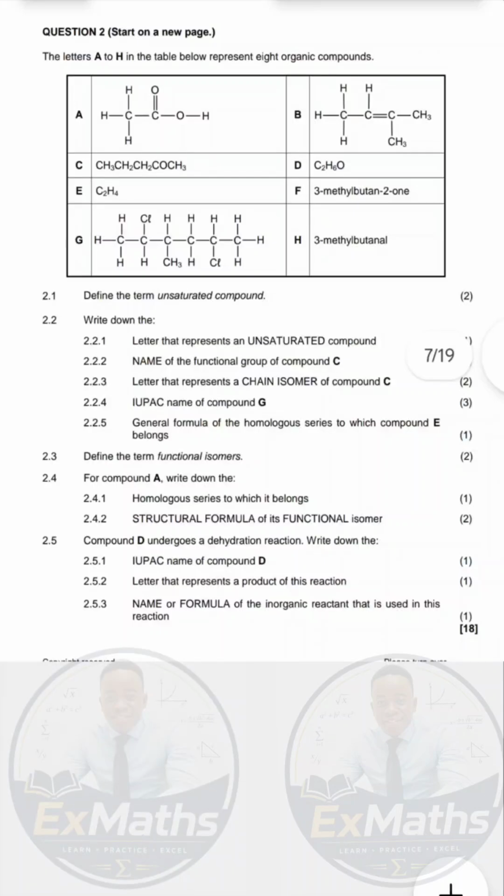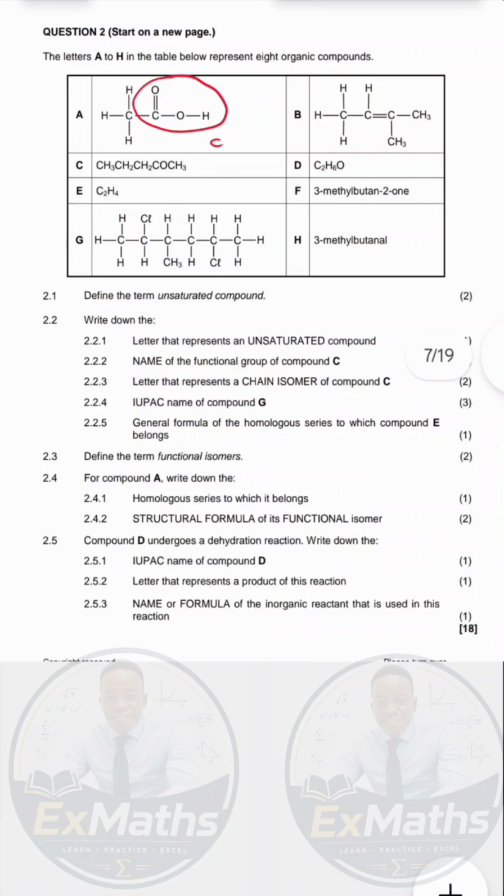Let us have this question, which reads: the letters A to H in the table below represent 8 organic compounds, that is from A to H. So this type of question, before you even start answering this, you must be able to identify what you have from A to H. So if you check the first one, if you check the functional group here, this one,